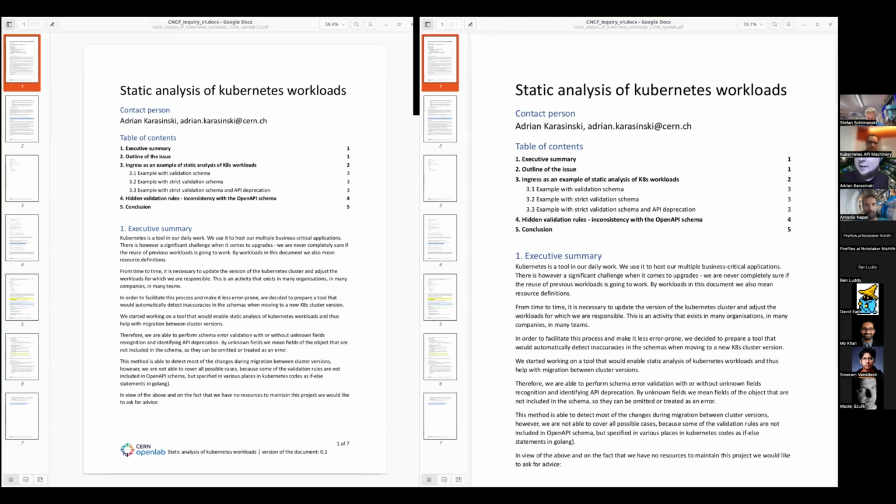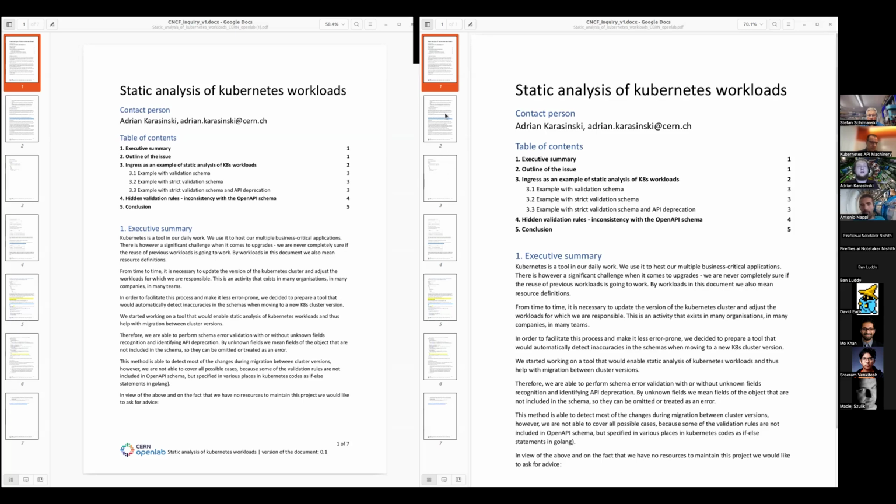Okay, so hi everyone, I'm Adrian and I'm working as a software engineer in CERN with my colleague Antonio that is also on the call. And our case is that we mostly use Kubernetes to host our infrastructure, and we were writing a tool to facilitate migration between versions of the Kubernetes cluster, because our default approach is trying to redeploy the existing workloads and resource templates. Everything was done based on the Swagger, the public Swagger version 2 from the Kubernetes repository. Yeah, however, it turns out that